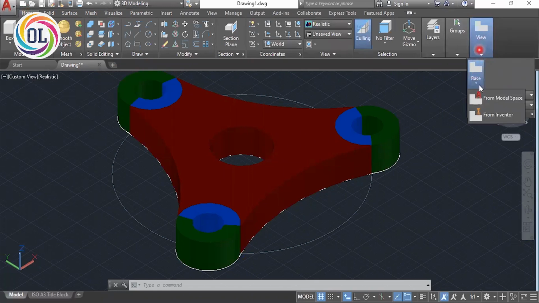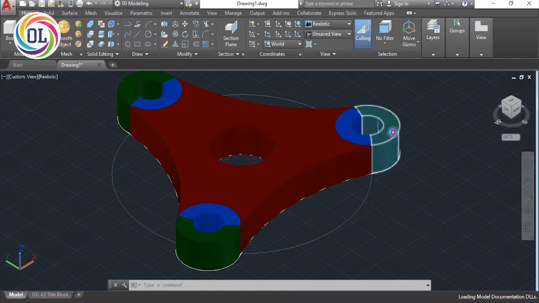Here we have the option for Base View from Model. So we can directly convert our 3D model into 2D geometry. We don't need to create 2D drawings if we create a 3D model.